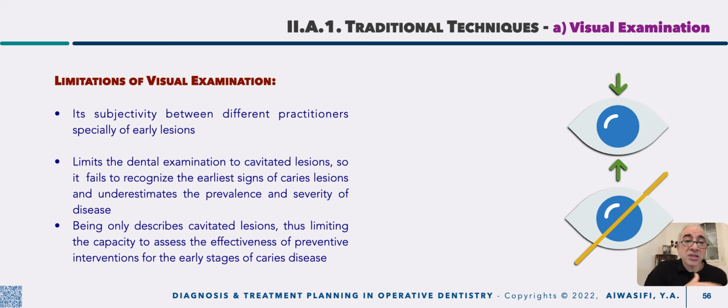We need to just modify the patient's attitude, applying a mineralizing agent to infiltrate these microporosities, stop the caries activity, and reverse the condition. At maximum, if we go for treatment, we go for preventive restoration. Then should I wait to that extent to visually determine a cavitation to say whether this tooth has caries or not? Here come